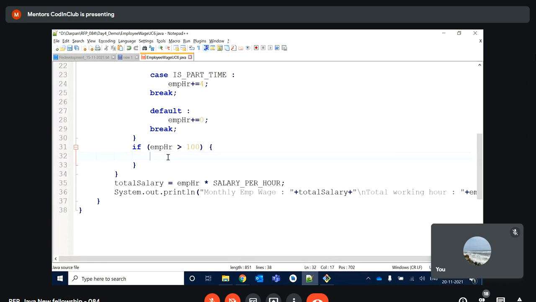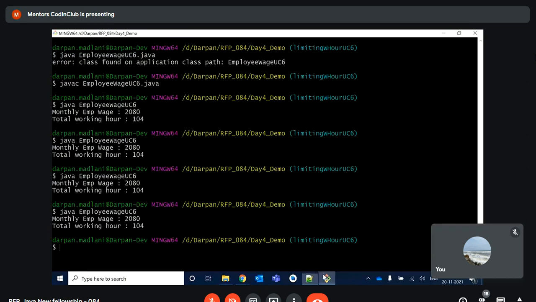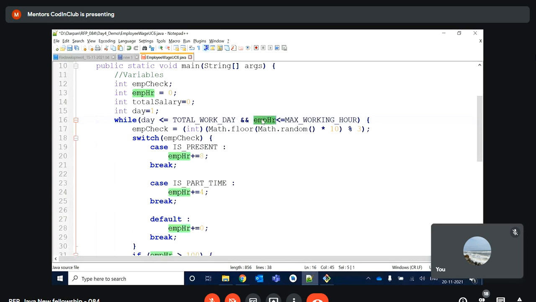First of all, I will need to change the employee hour again. Let's say somewhere your employee hour value is 96 as of now. On the 15th day the employee is coming, and before the 15th day his working hour is 96.